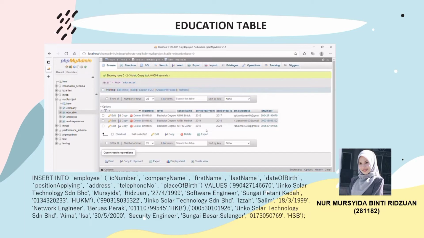This data should be added one by one also. So the first attribute that we put at the table is register ID, and then we must put a comma also. It will continue with level, school name, period year from, period year to, email address, and IC number. After that, we must close the bracket. After closing the bracket, we go to the next one, which is when we add data one by one, it will count value register ID